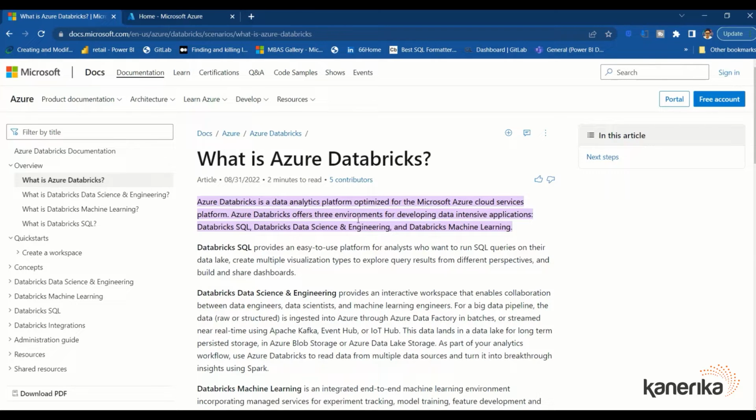Azure Databricks offers three environments for developing data-intensive applications: Databricks SQL, Databricks data science and engineering, and Databricks machine learning. Databricks SQL provides an easy-to-use platform for analysts who want to run SQL on their data lake, create multiple visualization types to explore query results from different perspectives, and build and share dashboards. Databricks also has a connector for Power BI, so we can connect Databricks to Power BI and do our